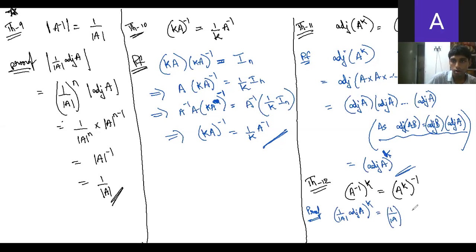So take it out. So adjoint of A whole power k is the same as adjoint of A power k, and here also you write this as 1 by det of A power k, because you can bring this constant inside. This property is there in determinant. Determinant of A square is the same as determinant of A into determinant of A. So here I am taking the k inside, hence proved. This has become, which is the same as this. Okay.